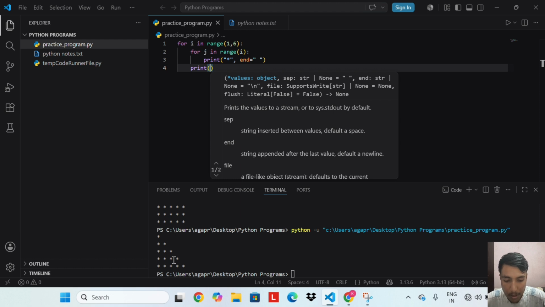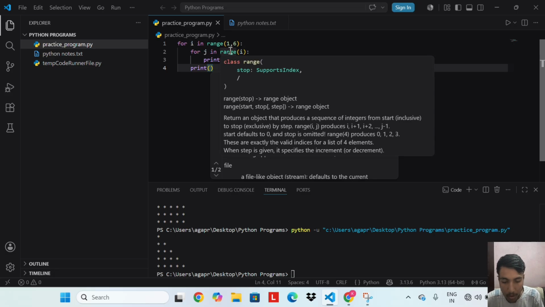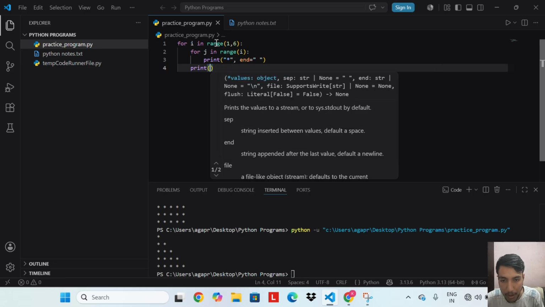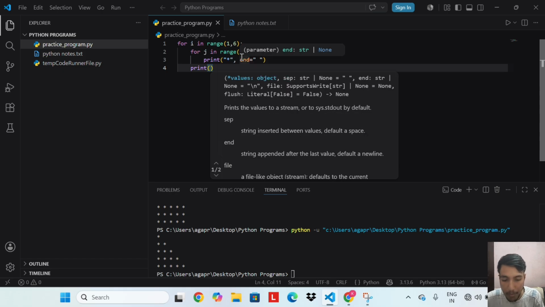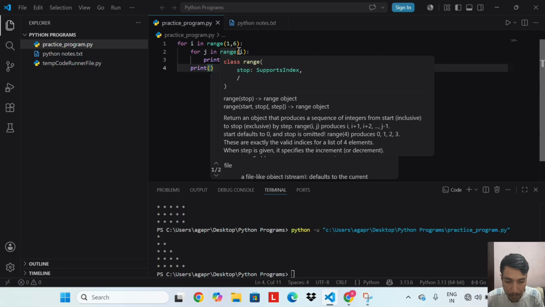The outer loop runs with i going from 1 to 5. The inner loop runs i times. So the number of stars in each row equals the row number. Row 1, i is 1. Inner loop runs once and prints 1 star.